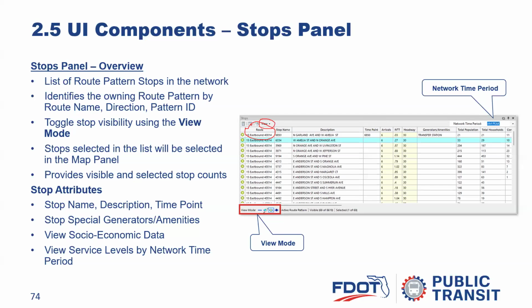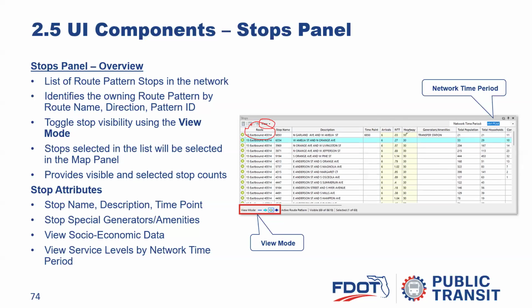So you have 4 modes. We'll talk about that in depth. I'm not going to talk about it right now, but it's toggling the visibility of stops. You also have stop attributes for special generators. So you can see you have special generators right here. You also have access to view socioeconomic data at the stop level, and you can also view service information here as well. So the service information is not editable here. It's editable elsewhere. It's just a roll up at this level, but you can see it at the stop level,